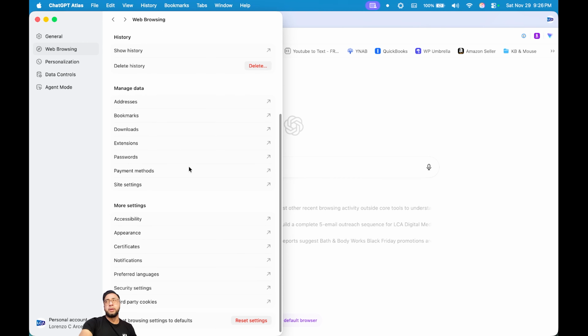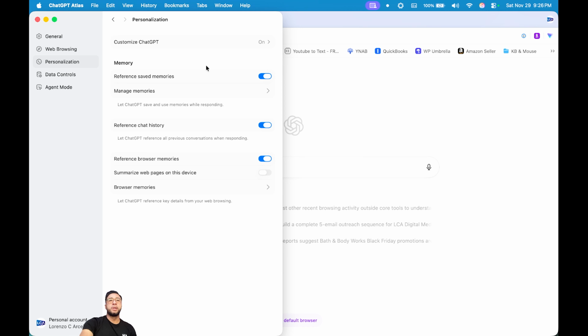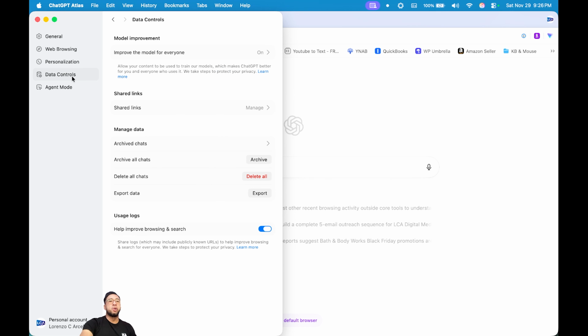These are basically all the, I think it's the cookies and the history of Chrome and/or ChatGPT. I'm not entirely sure if it's both or one or the other, but that's that. Now under personalization, this one is basically ChatGPT settings. You have memory, customize ChatGPT, manage memories right here, reference chat history, reference browser memories, summarize web pages on device, yada yada. Now under controls,